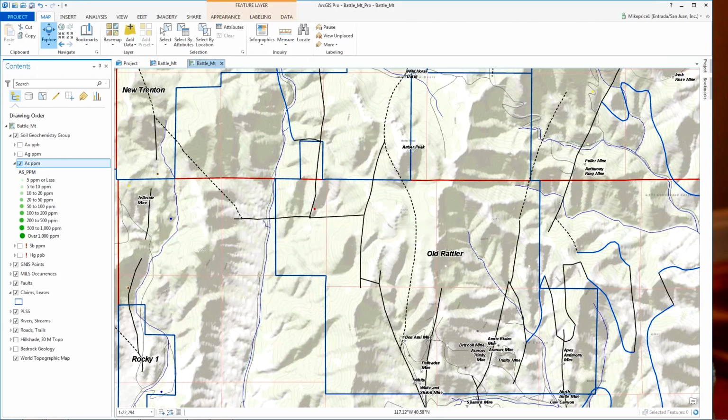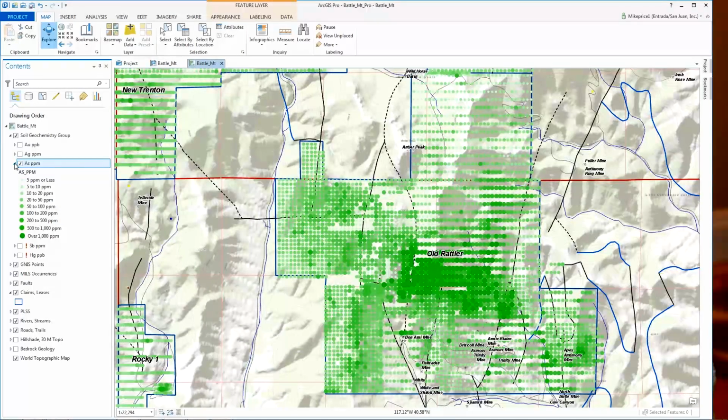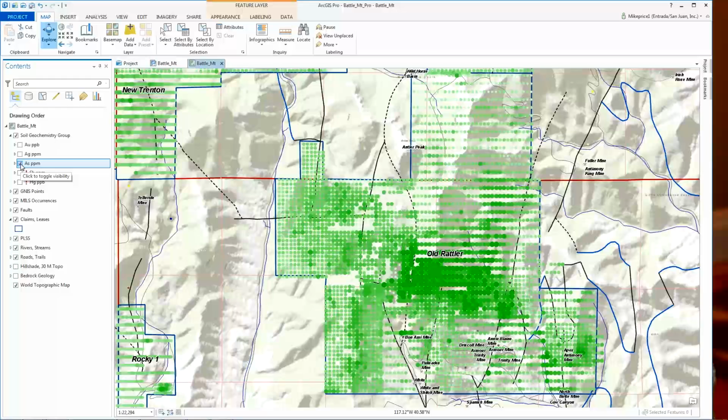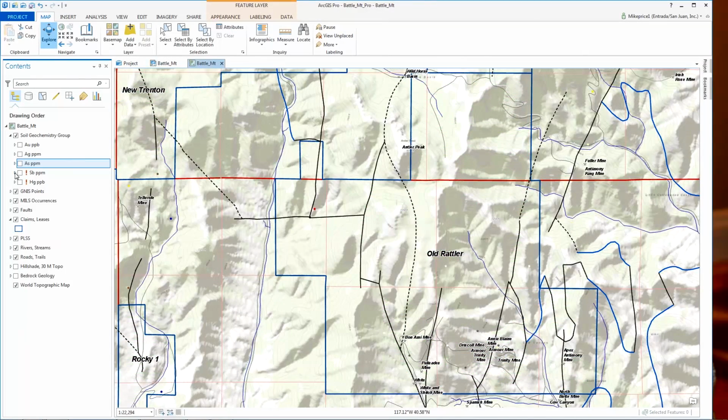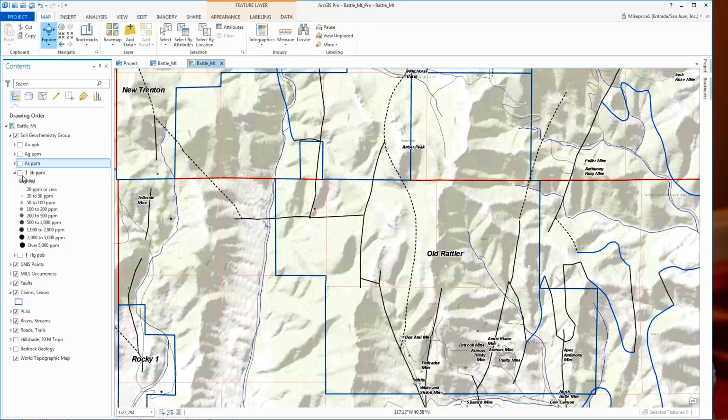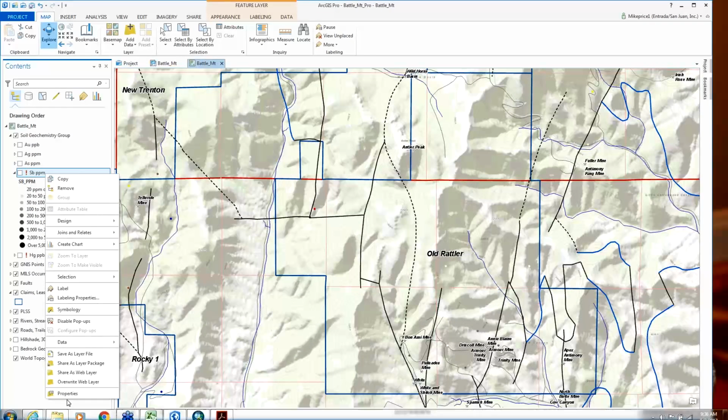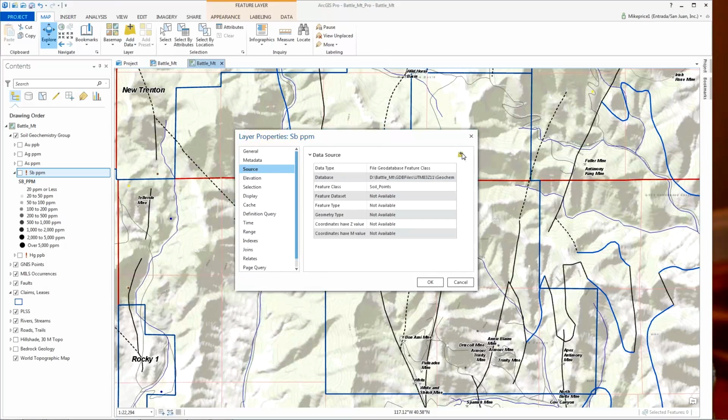Now remember, these point sets are all reading from the same feature class. They're just using different fields in my Geochem data table. This is how I set it up in ArcMap, and this was my template when I was bringing data in for this project. So in a sense, this really is a template-based approach where we are able to update this data and repost it later with more samples if we have them. So I'm going to set two more